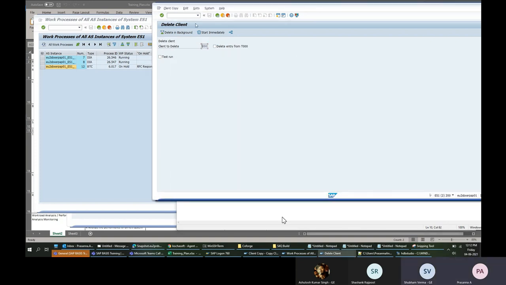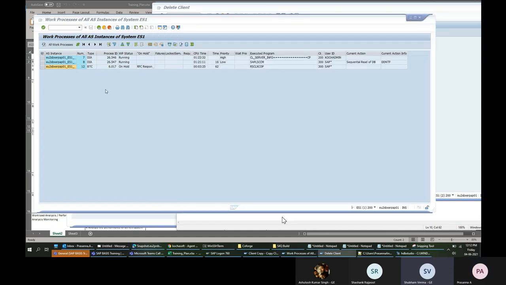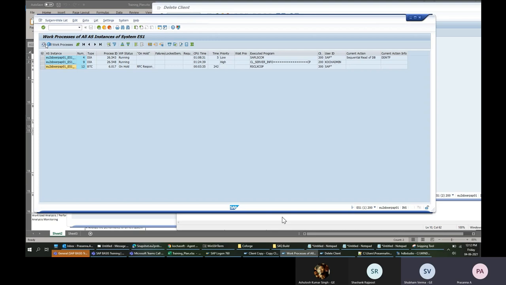And the transaction which you have done from background process for the BTC work process, why is it showing on hold? Because it's waiting for something. I think this process which I killed, this deletion, it didn't stop properly. It's not able to process anything, because I ran this process and cancelled it midway.